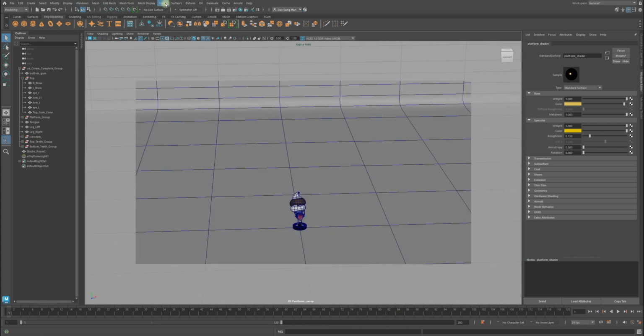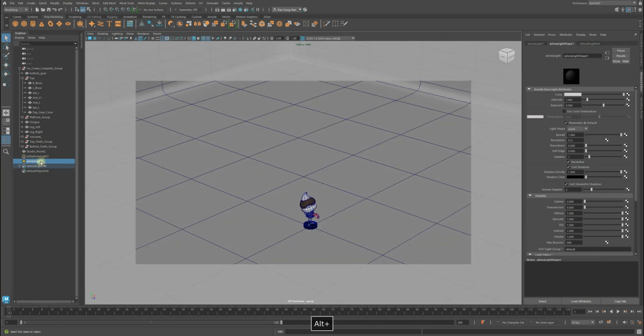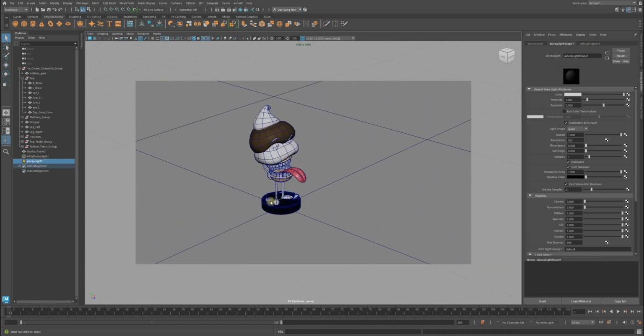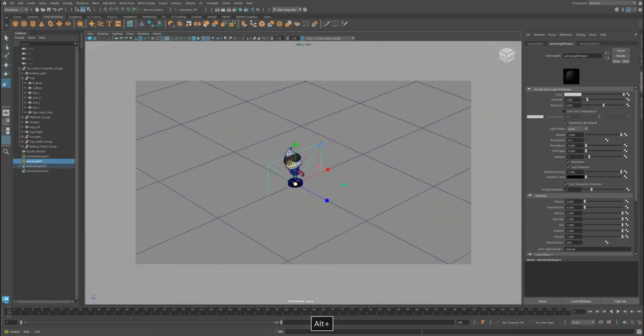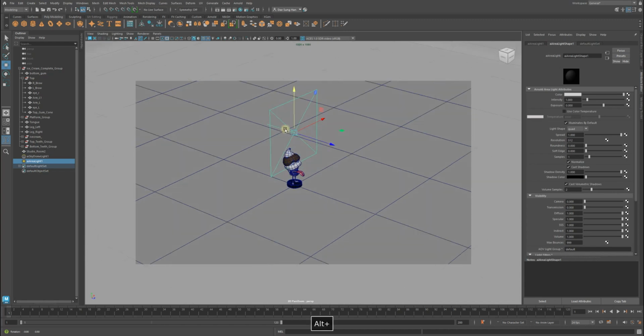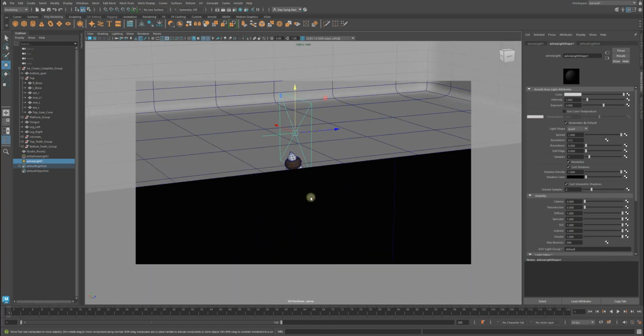And I'm gonna go to modeling, or not, Arnold, lights, area light. Okay, area light 1. Here it is. I'm gonna press R. I'm gonna scale it like this. I'm gonna press W, yank it out. This is annoying me. Shading,